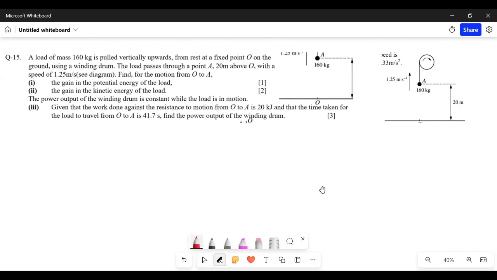ओके, O से A तक, यहाँ पे कहीं ग्राउंड लेवल पे O है, ये रहा O जो मिटा हुआ, ओके, और यहाँ पे A है। सो O से A तक गेन इन पोटेंशियल एनर्जी पूछा, और क्योंकि हाइट इंक्रीज हो रही है तो ऑब्वियसली पोटेंशियल एनर्जी इंक्रीज ही हो रही है, दैट्स व्हाई दे आर सेइंग गेन एंड नॉट लॉस। सो गेन इन पोटेंशियल एनर्जी का फॉर्मूला होता है